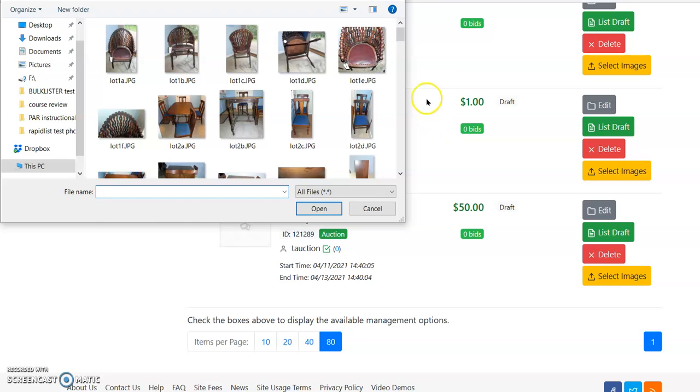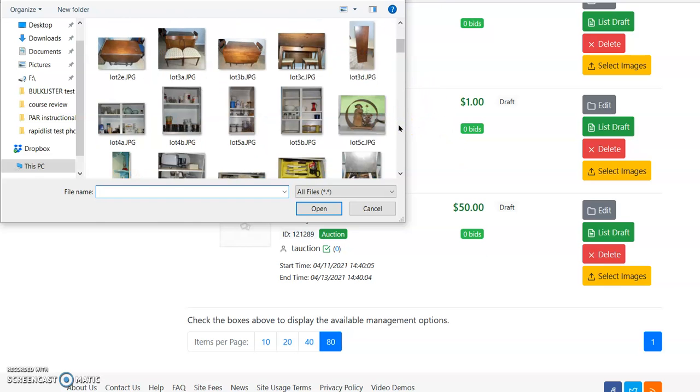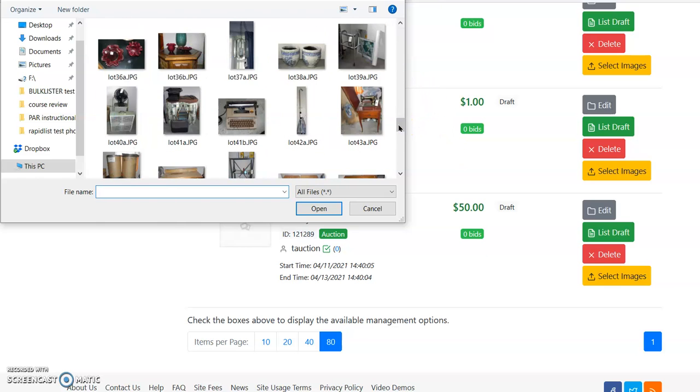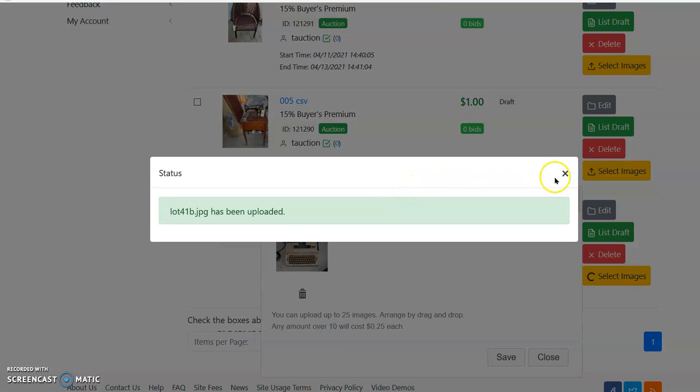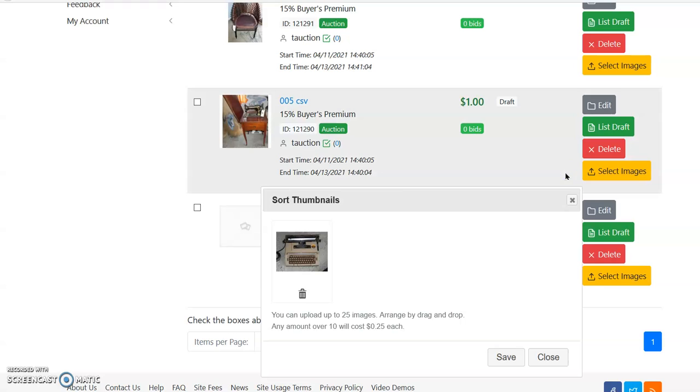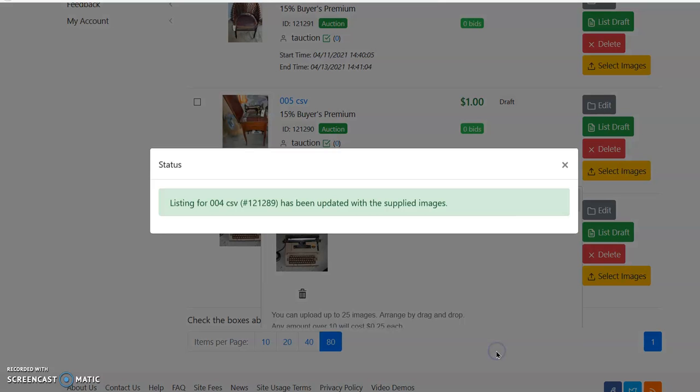Lastly, and that's the last one. Now, once I save this,